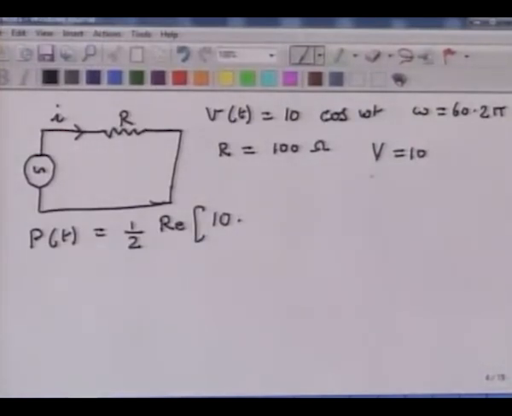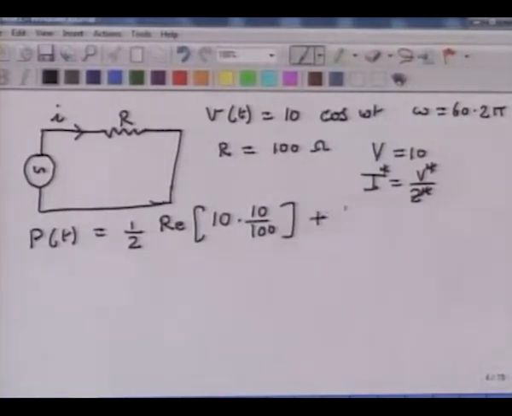I is V star over Z star. It just happens, because this is purely a resistive circuit, that V star and V are the same, and Z star and Z are the same as R, which is 100 ohms. So 10 over 100, that is I star,